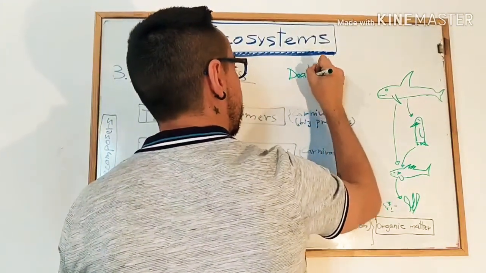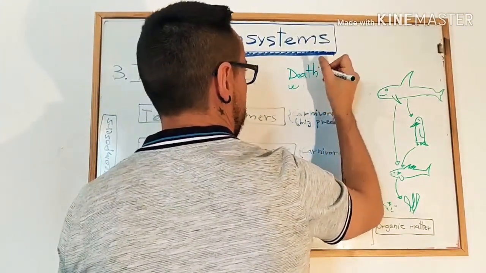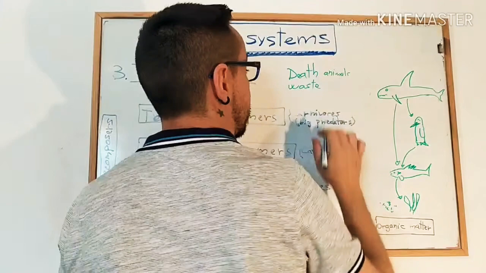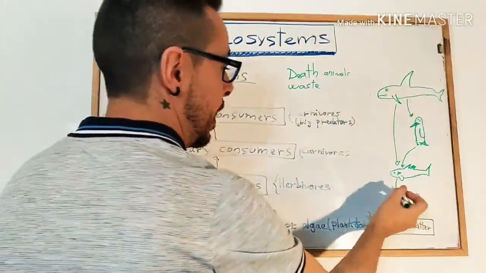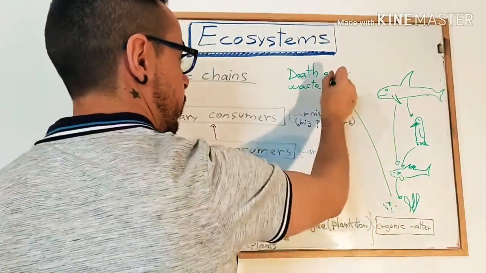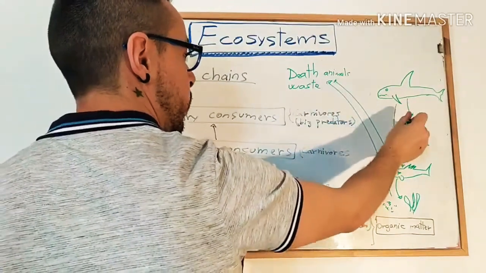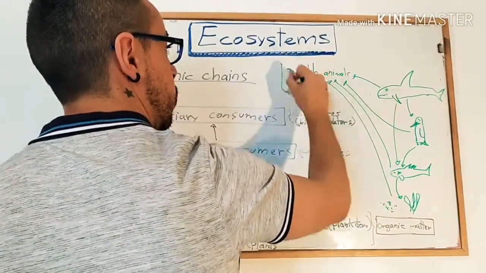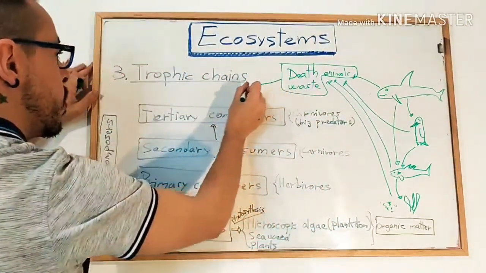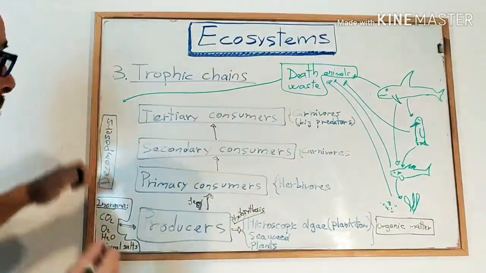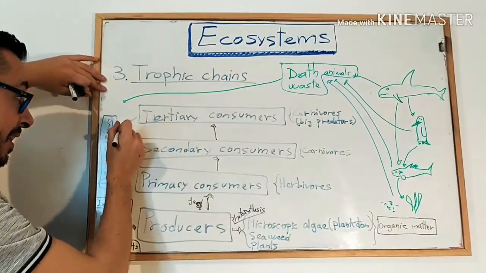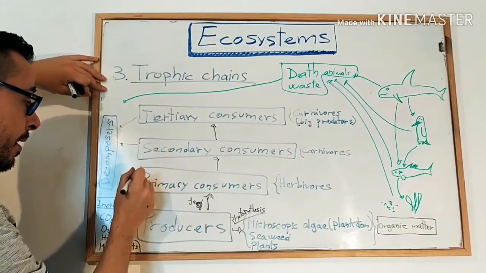death animals, okay? Death animals. And waste, which are organic, comes from here. They produce waste and they die. So this is going to be decomposed by the decomposers. So decomposers, they take the waste and the dead